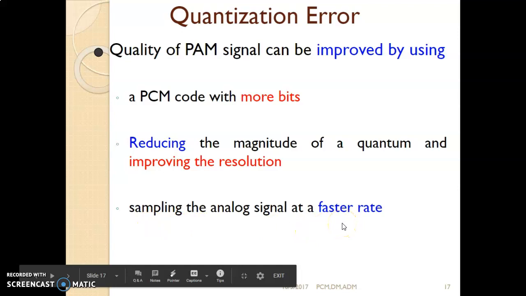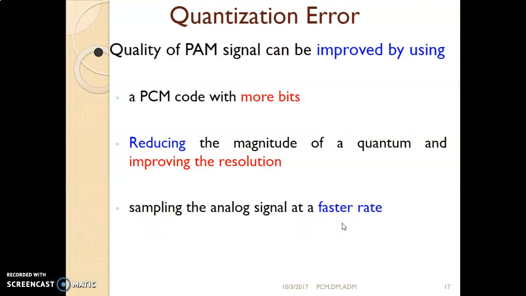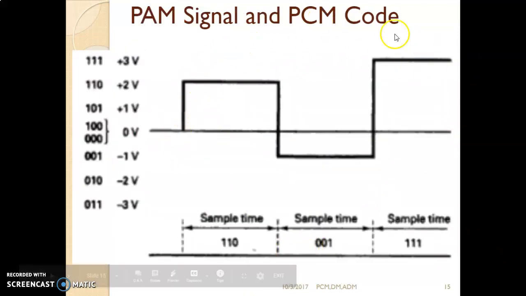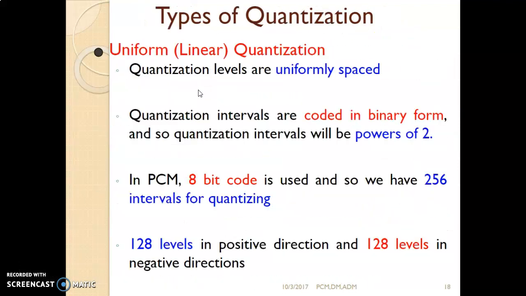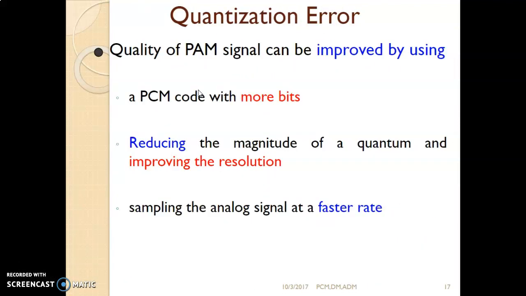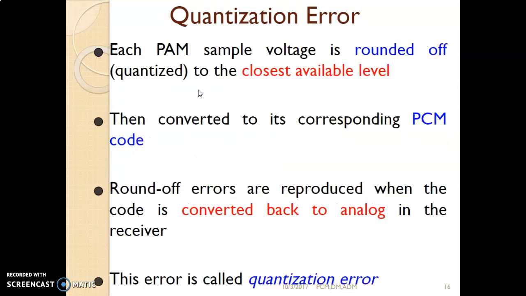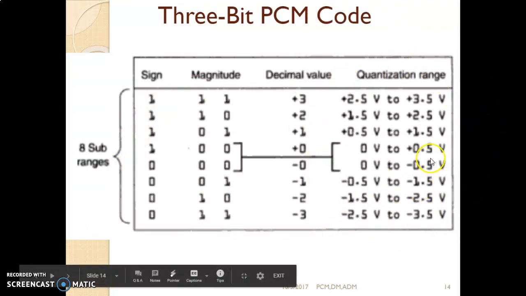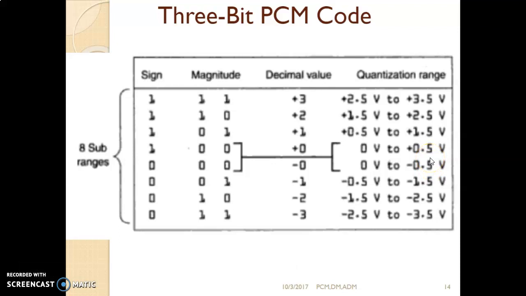If the sampling is done at a faster rate, or the step size is reduced, or you represent a sample with more bits, you can always improve the quality of the PAM signal, and therefore you can have more samples, and the reconstruction of the signal becomes easier. So quantization is nothing but the process of assigning nearby values or nearby levels to the original signal, and therefore